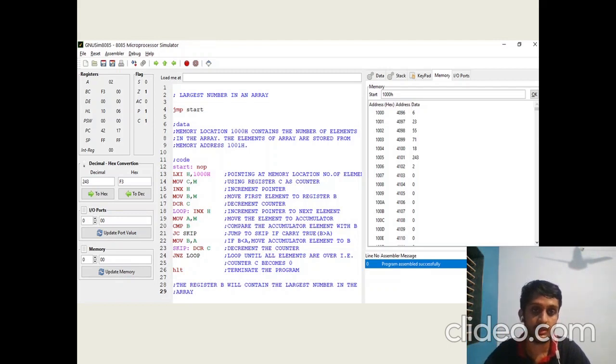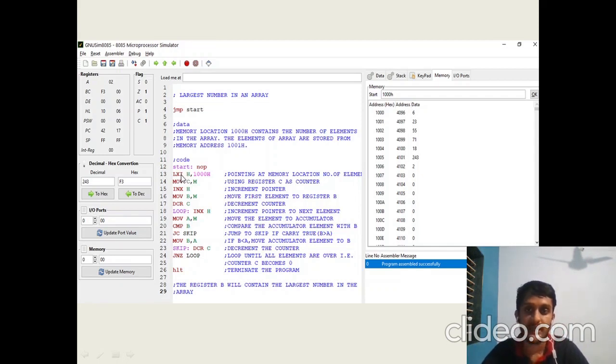What we would be expecting is that when we run this algorithm, we should get to know that the maximum element is 243. When we start the algorithm, we will use the LXI command.